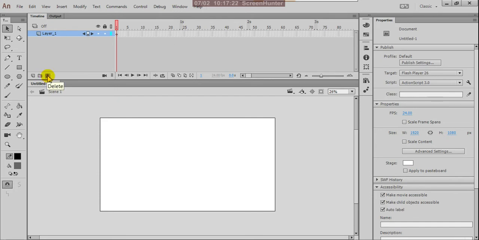Here is the folder, and this is a dustbin. You can delete whatever unnecessary layers you have, smoothly. And here it is showing that advanced layers are off. Click to turn on advanced layers. I'll explain this later. And this is the visibility, which is very common: your layers can be visible or hidden. And this is lock or unlock, we know that. And this is show all layers as outlines.